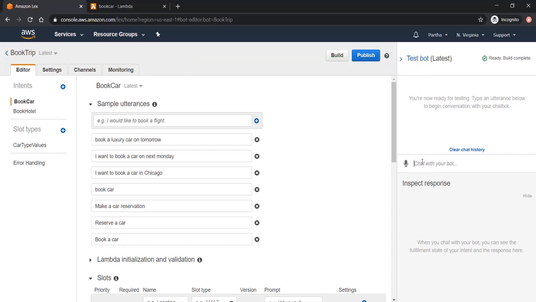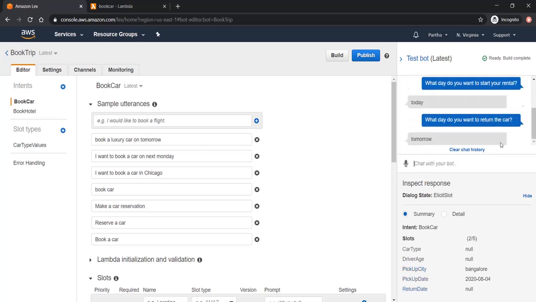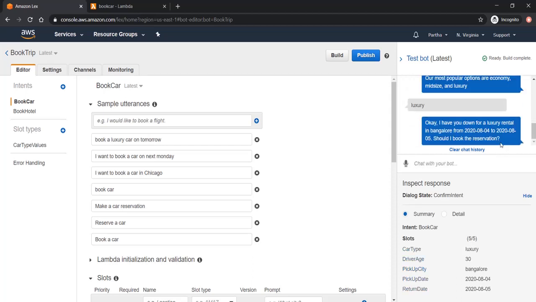I can quickly check and test the bot. Should I book the reservation? Yeah.